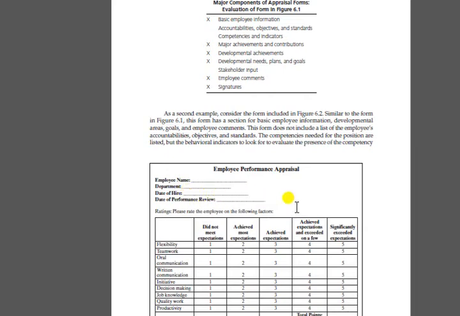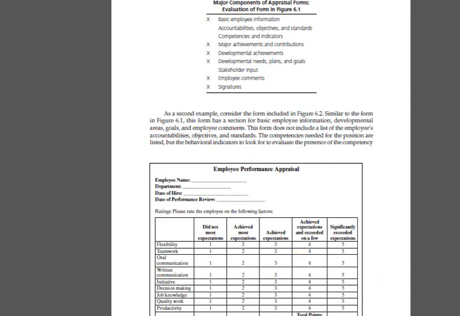Then, as far as the accountabilities and standards are concerned, objectives and standards they have not included here, but the competencies needed for the position are listed, and behavioral indicators are also mentioned here. As you can see, they have included flexibility, teamwork, oral communication, written communication, initiative, decision making, job knowledge, quality of work, productivity. All these behavioral points are mentioned here, and the Likert scale has also been mentioned, so that we